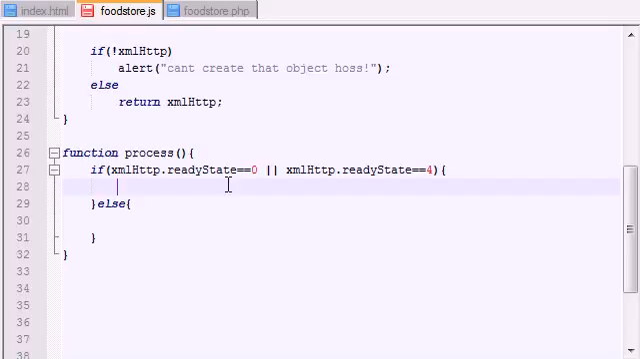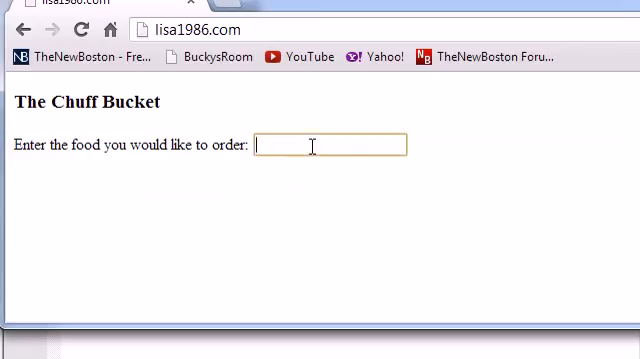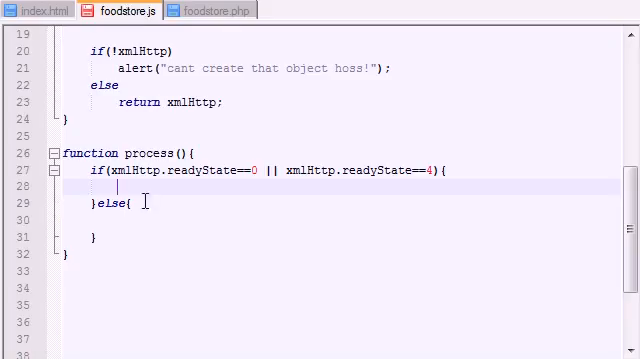Alright, so what do we want to do if our object is ready to go? The first thing we need to do is get whatever the user typed in here. So if they type cheese, we want to get the value of cheese. How do we do that? Well, in JavaScript, you create a variable, and we'll just call this food, and set this equal to encodeURIComponent, and I guess the easiest way to do this is this